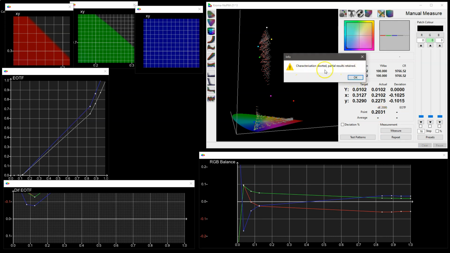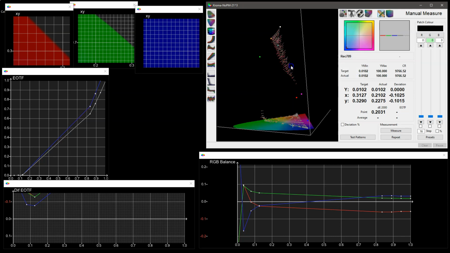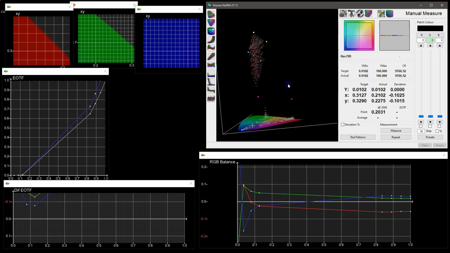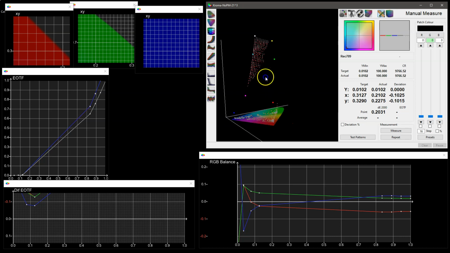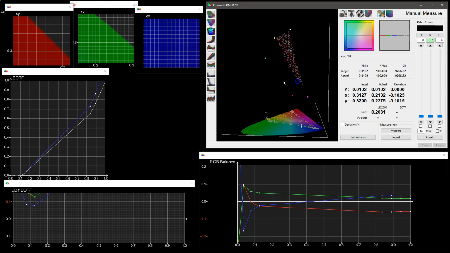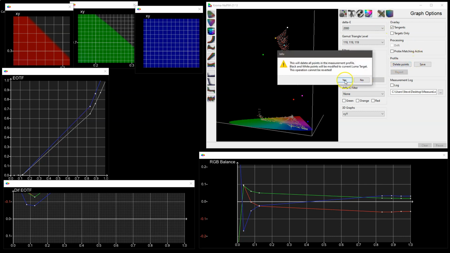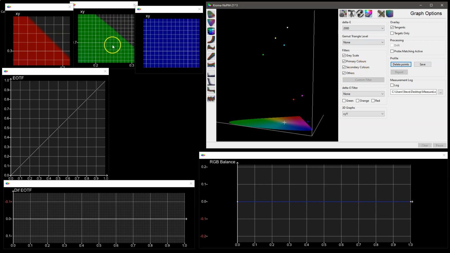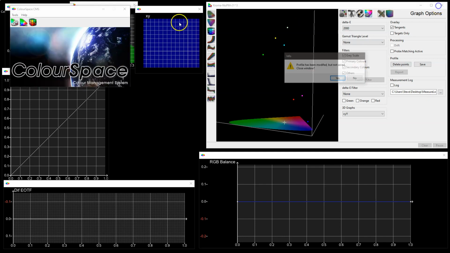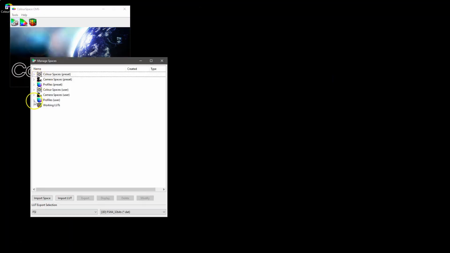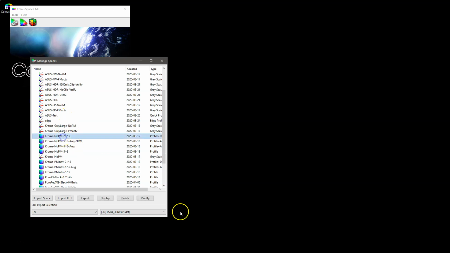So there we go, it's aborted, and the partial results have been retained. So should we want to look at them to see if there are any issues that we may want to assess before restarting the profile, it at least allows us to take that option, and we can save the profile if we wanted to assess it at our leisure a bit later. For now we will delete points. But now we have all of our data in the profile. We can open up a previous one. And obviously, if we use the same one as before,